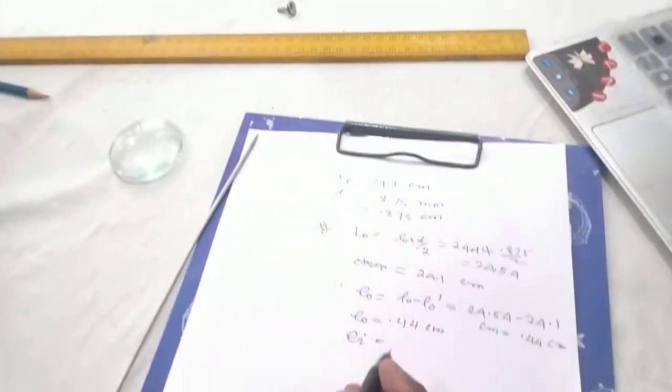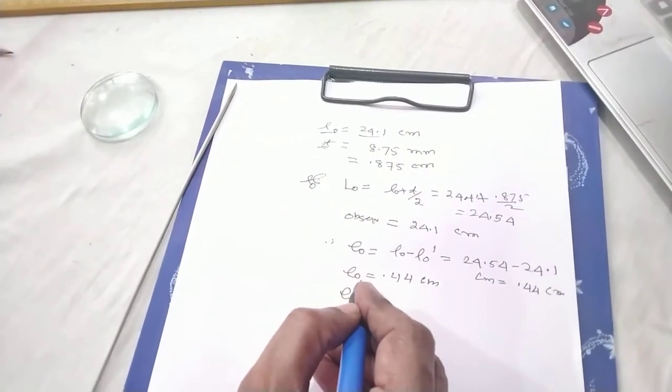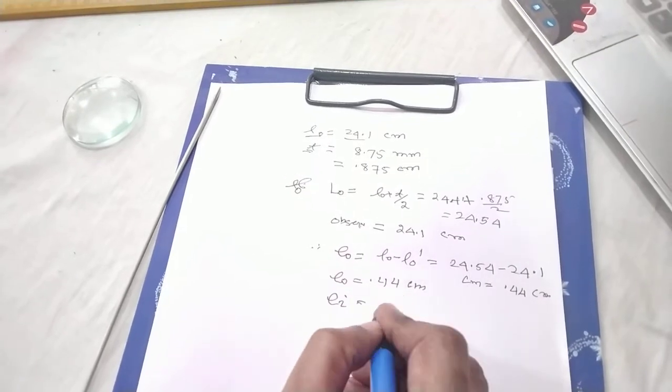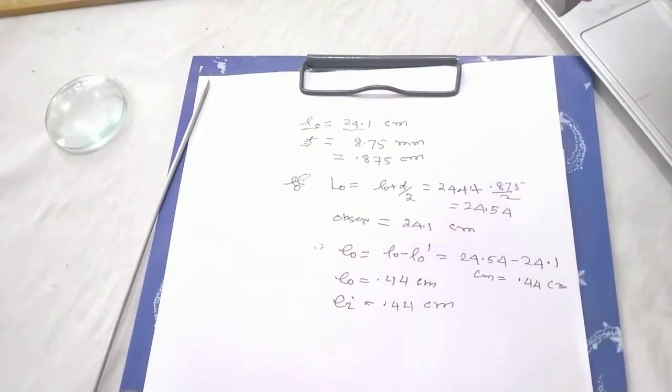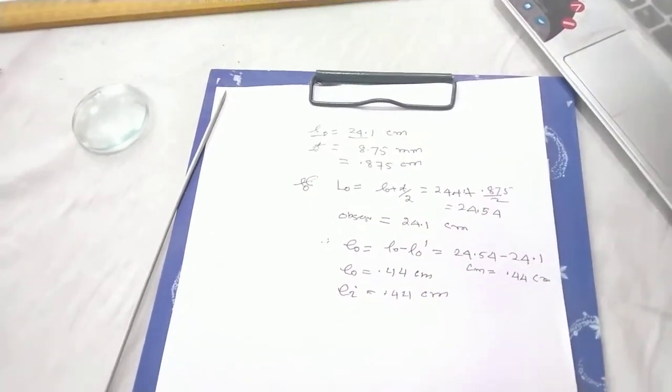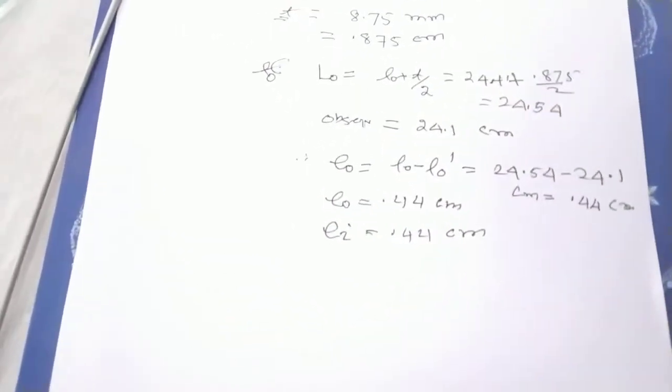So in this particular case, the object and image index errors both were the same. So this is the correction you have to do. This is called the index correction. This correction has to be applied to the object distance and the image distance. Now let us see what is the next step. How do we find out the object distance and the image distance?